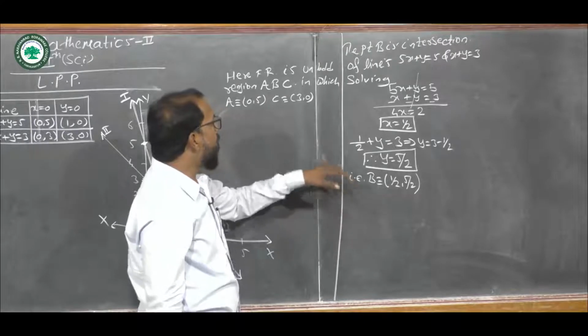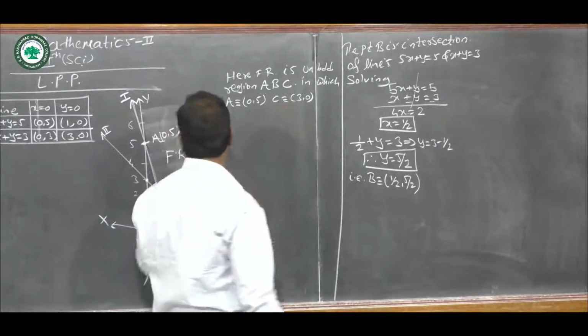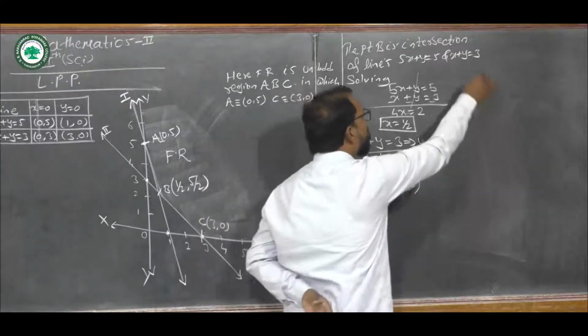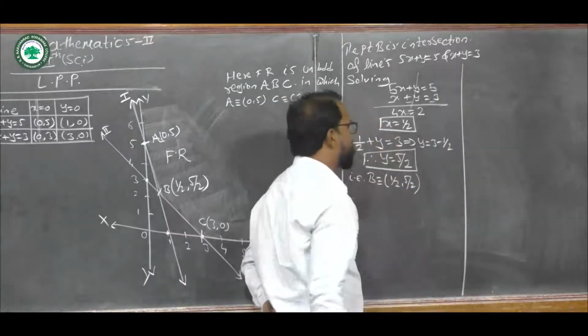Now we get all the vertices of the feasible region. So we consider now Z equals